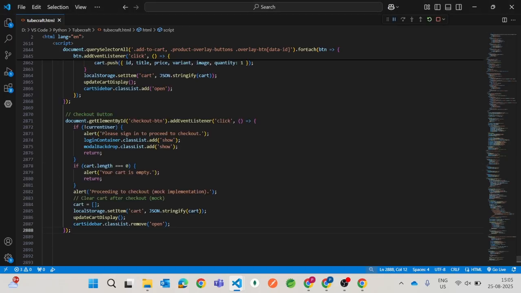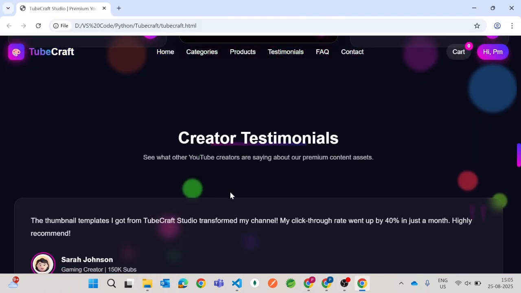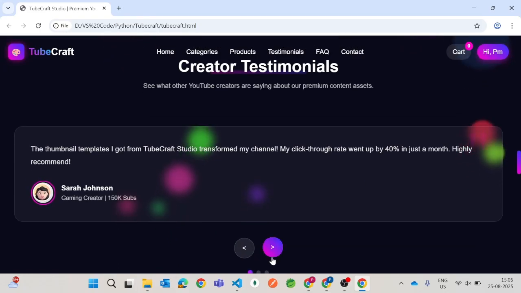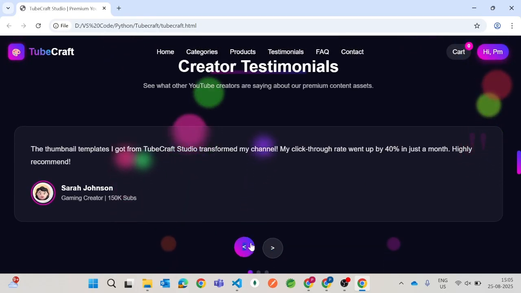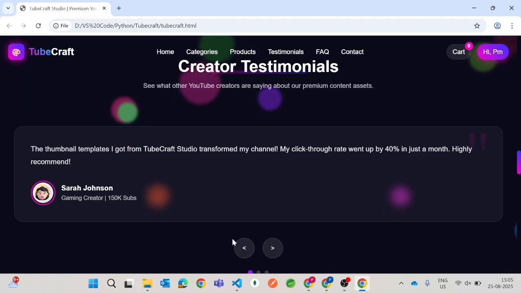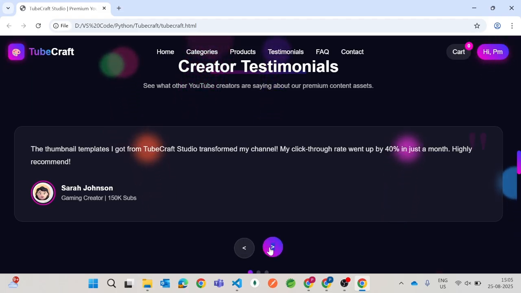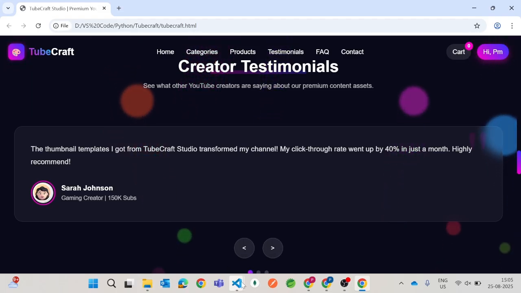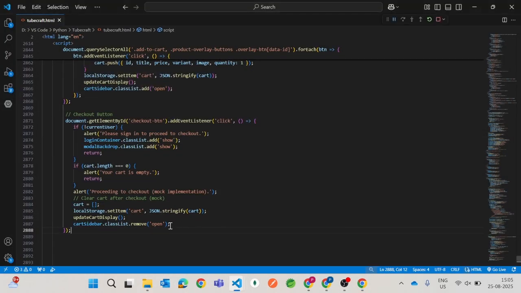This is my checkout section, and we have the testimonial carousel, how it should look. In the current website, this is not working. The next forward and backward buttons, if I press them, also don't work. Once I add this testimonial carousel,